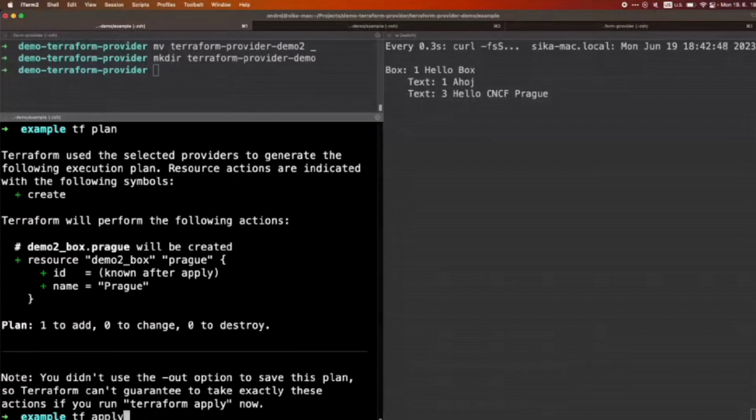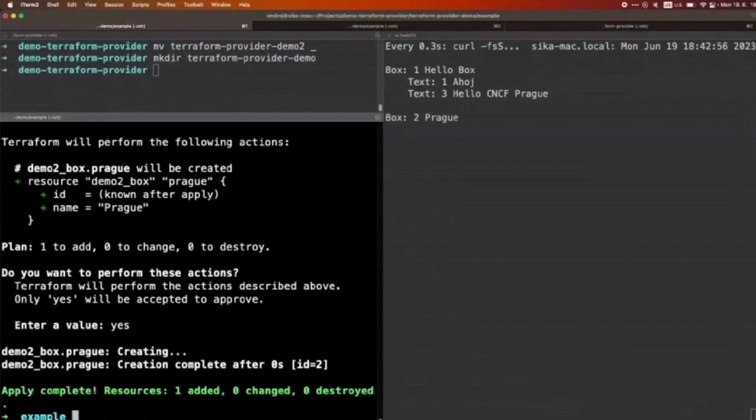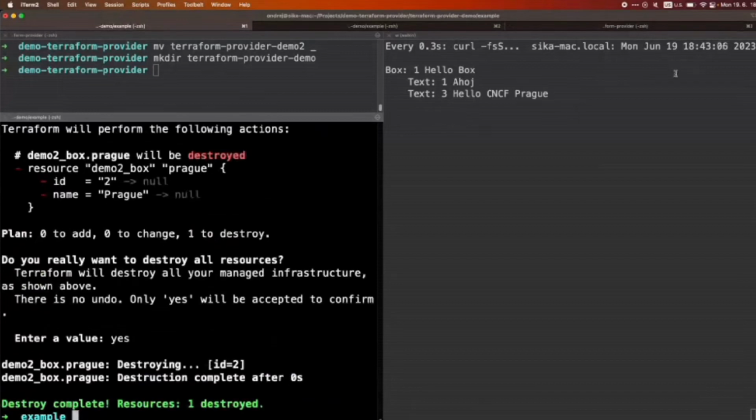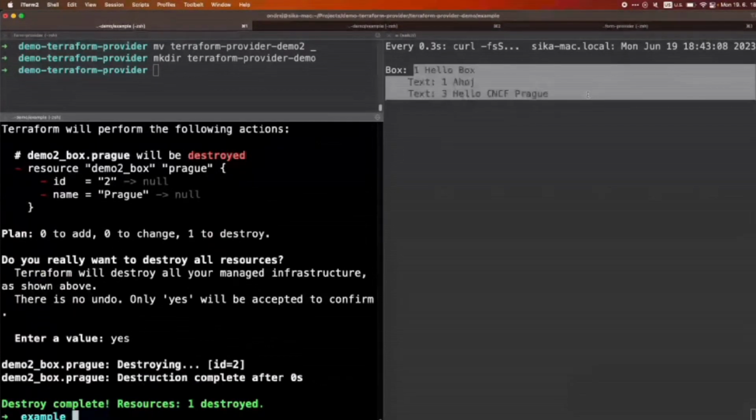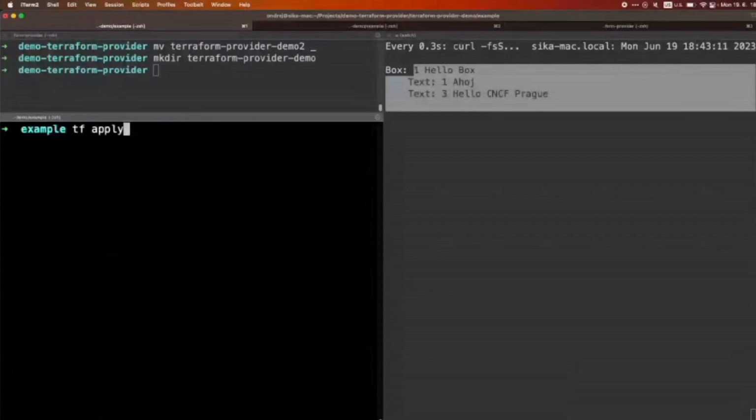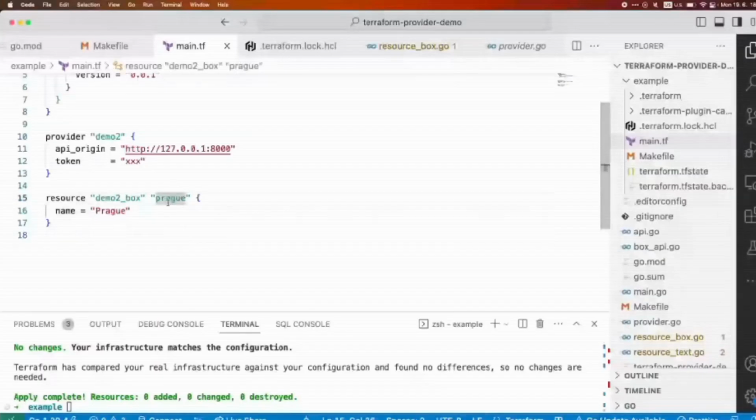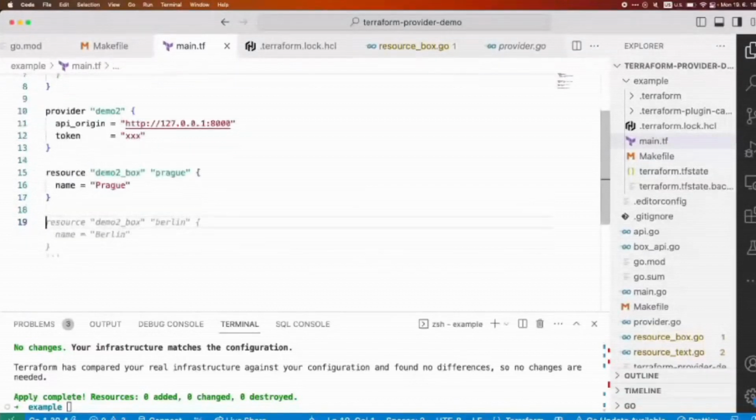I apply it, and we have a box here. If I want to delete it, Terraform destroy, and I will remove just this inside a Terraform. So it's basically same as I started. So we can put the proc there, and we can create two boxes, like